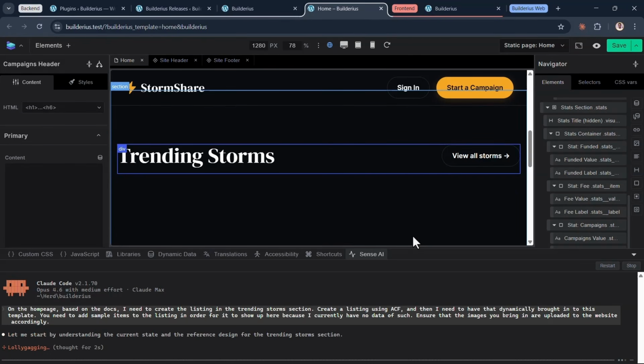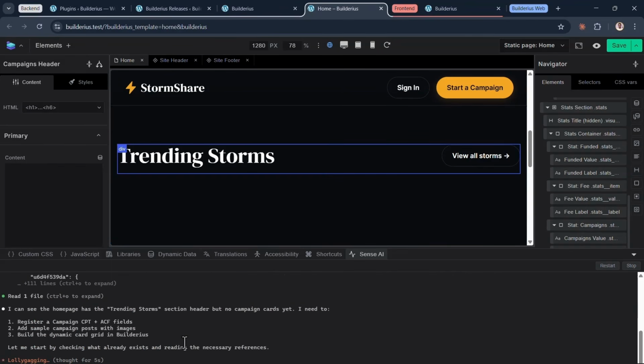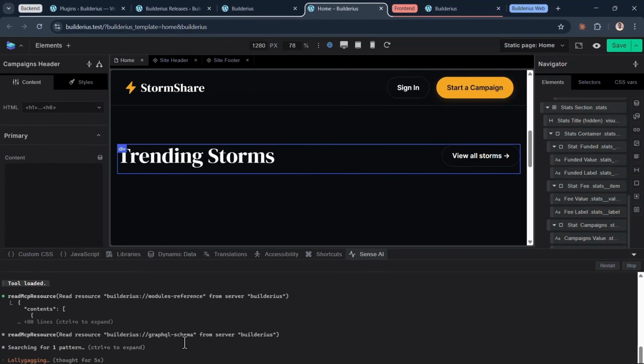I don't know what that is, but anyways, it says, let me start by understanding the current state. I actually have already set these things up so that we don't have to go through the setup process from